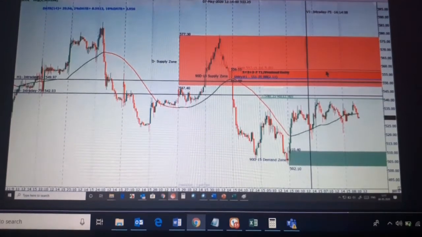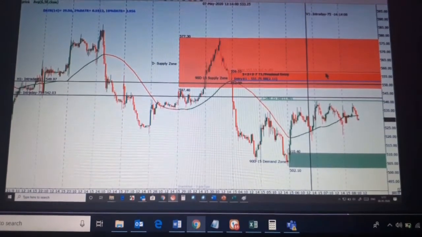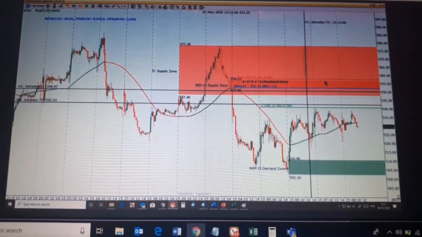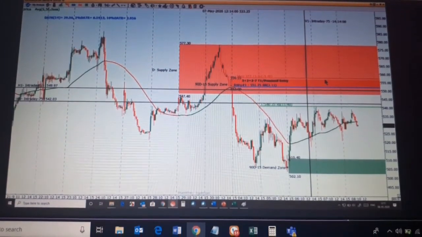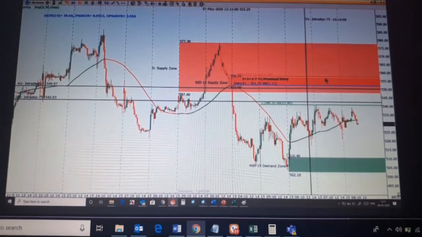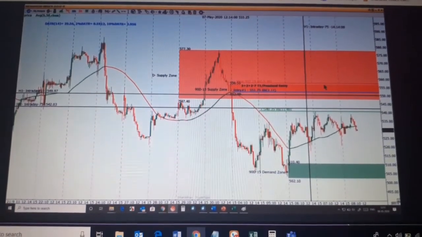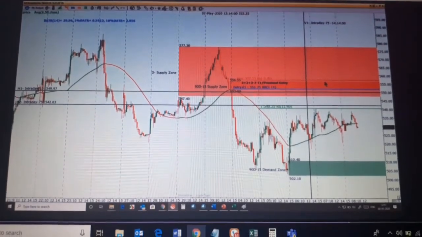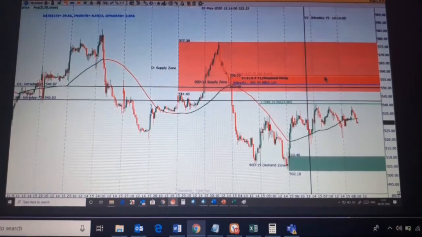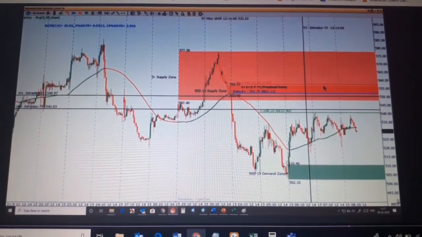Oh, come on, Ashu. We are doing this as per yesterday only. This is not as per today. We are doing it as per yesterday. So I have to mark my demand zone as per yesterday only. How will I mark my demand? I gave you homework yesterday, but I will do the analysis as per today? How can I do that? Because your analysis will go wrong then.